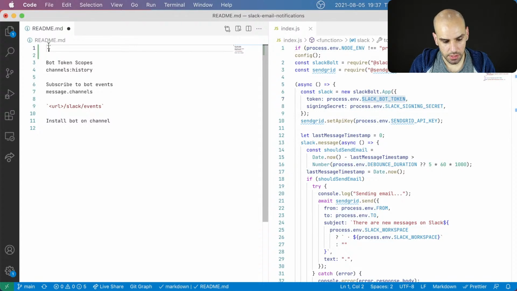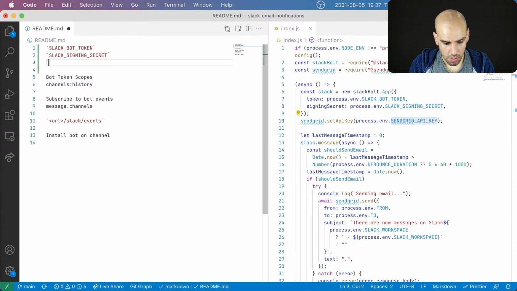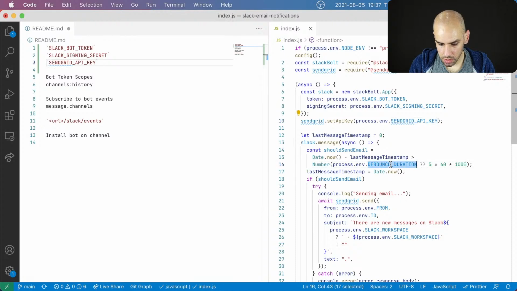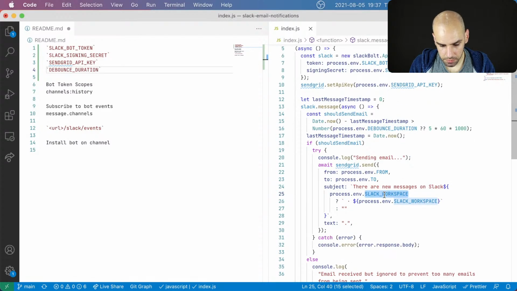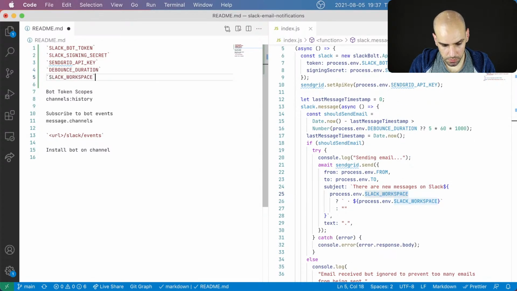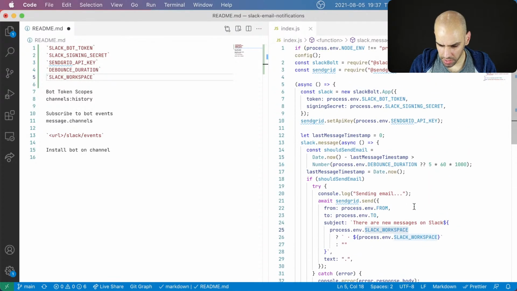I don't have to document that, but I will have to document all these other variables. I think that's it. Let's double check.